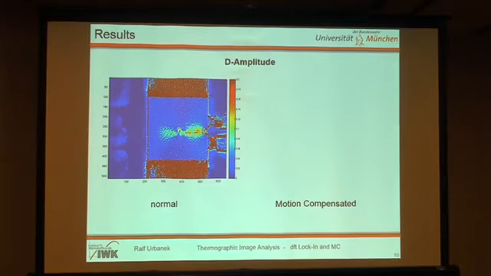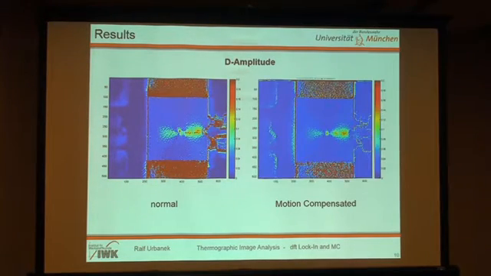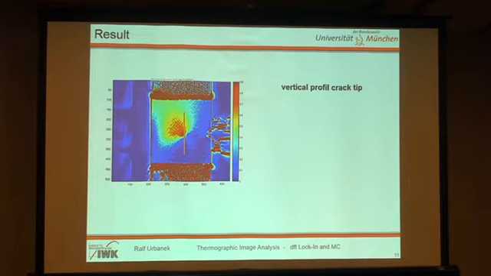Although on the double amplitude, double frequency D amplitude, we have the same reaction. All double images are gone. It's more sharp. We're even able to eliminate a bit the structure of the paint. So, to look more in detail, we took a vertical profile through the hottest place on the specimen, and we'll